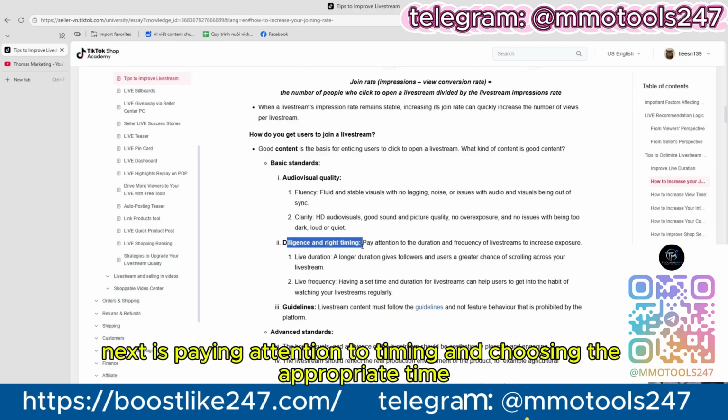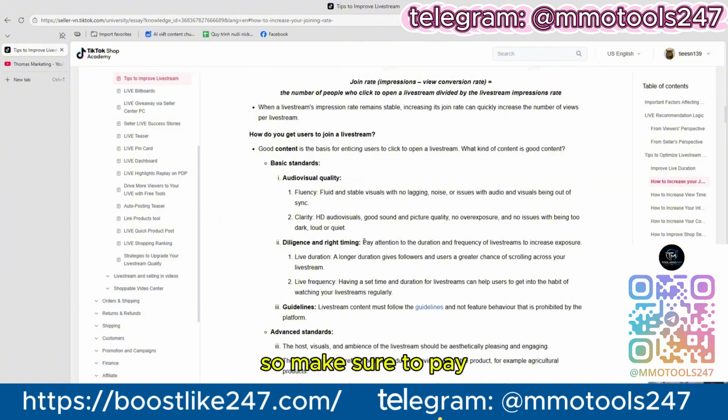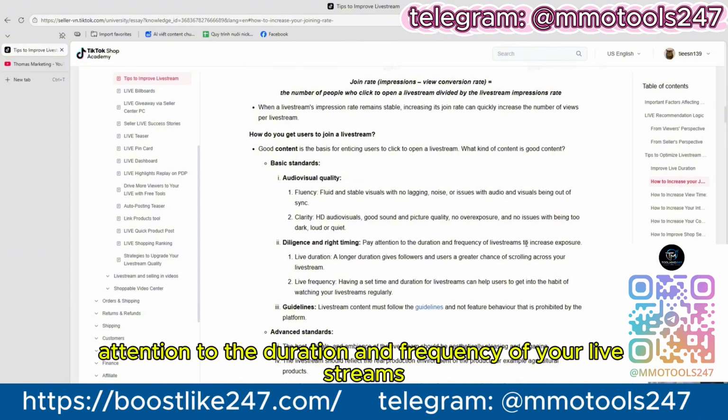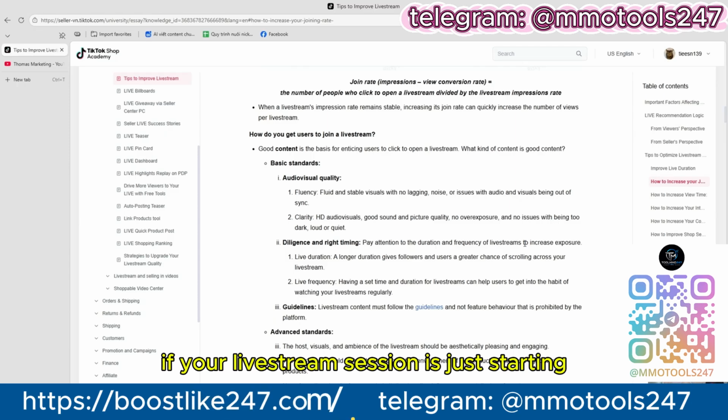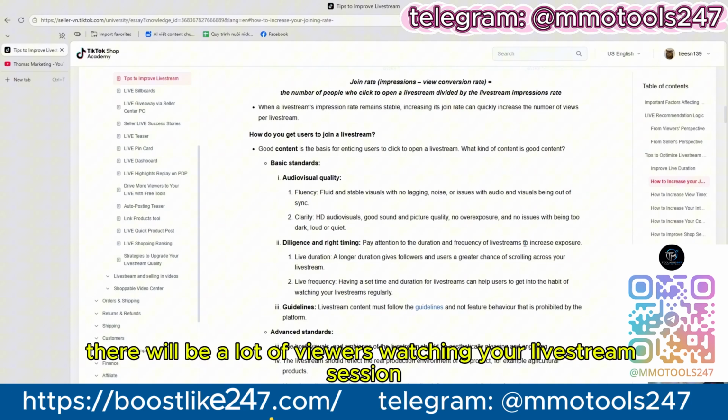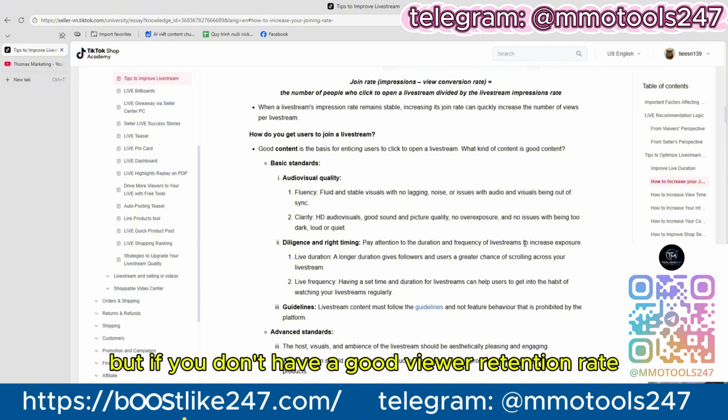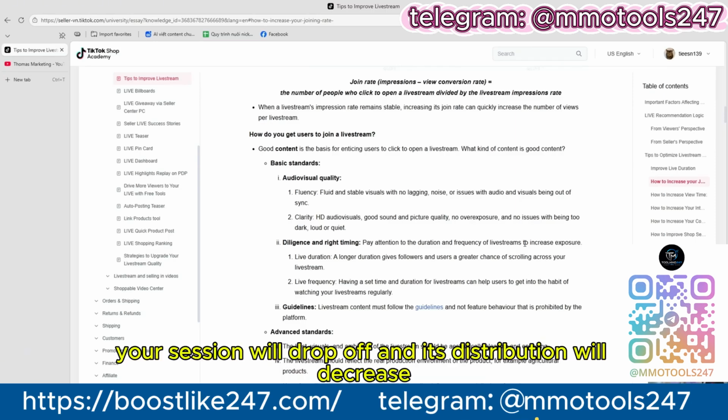Next is paying attention to timing and choosing the appropriate time. So make sure to pay attention to the duration and frequency of your live streams. If your live stream session is just starting, keep in mind that when you first go live, there will be a lot of viewers watching your live stream session. But if you don't have a good viewer retention rate during your live stream,